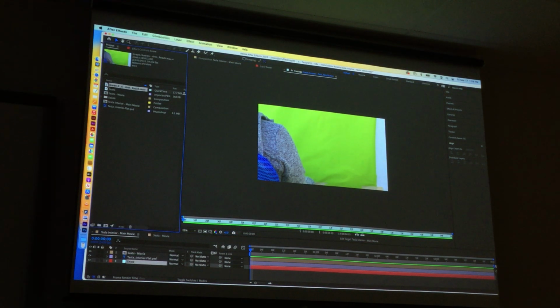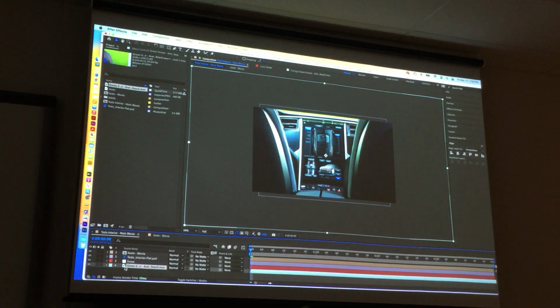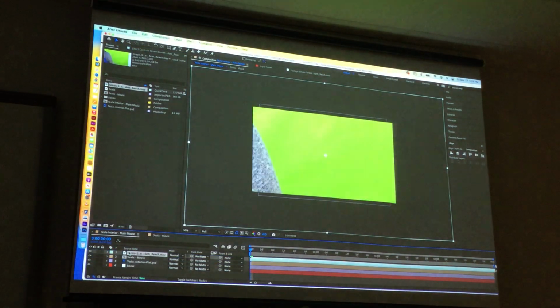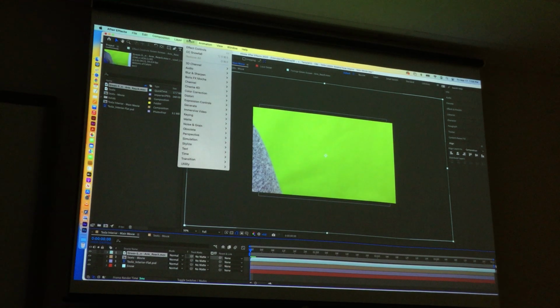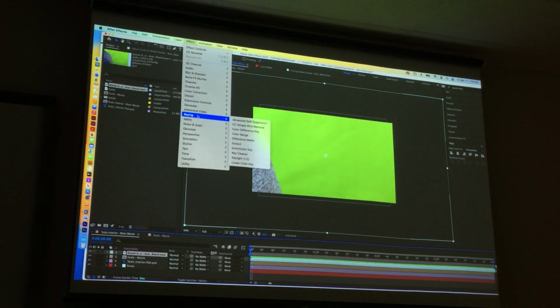All right, let's pull this into our timeline. So we'll drag that. It doesn't matter where it goes right now. We have to change it afterwards. Actually, we probably should put it at the top so we can see it. So I shouldn't say it doesn't matter. It does matter, but there we go. So it's in our timeline, selected. Then we want to go into Effect. Okay, we want to go down to Keying. Okay, we're chroma keying this